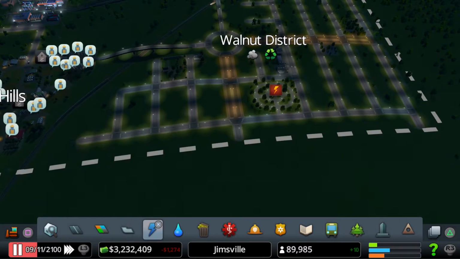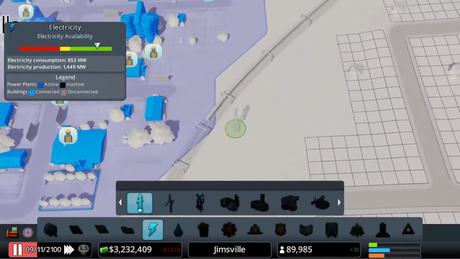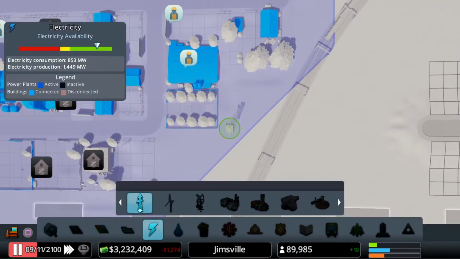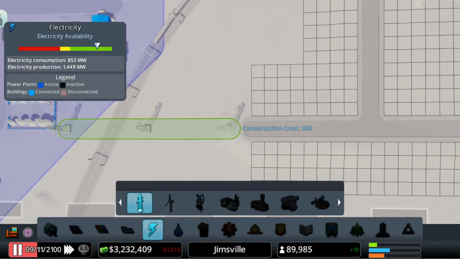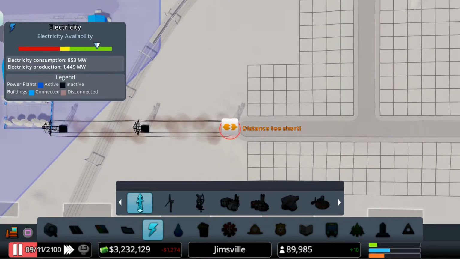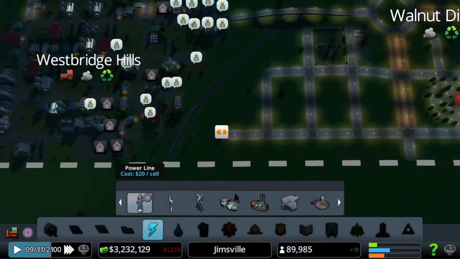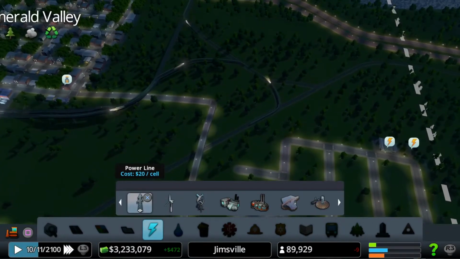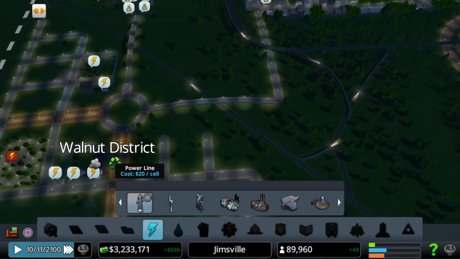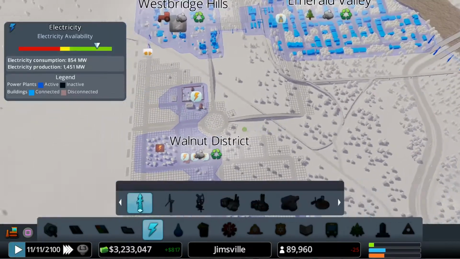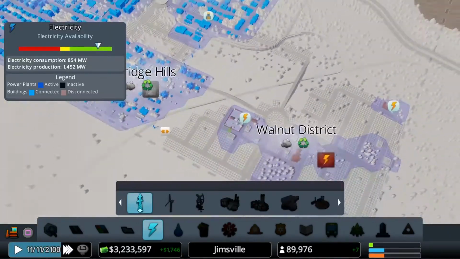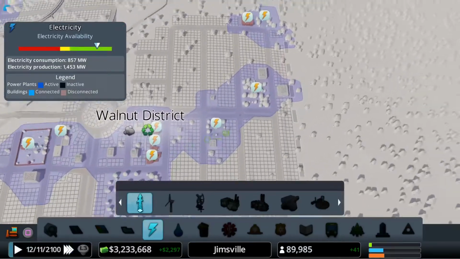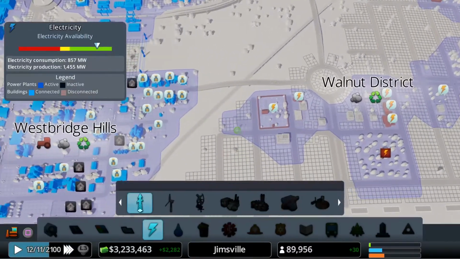Let's get a power connection to scoot some power over. Just wait for people to start turning up over here now. Already you can see we're starting to get power spawning in these various different places.